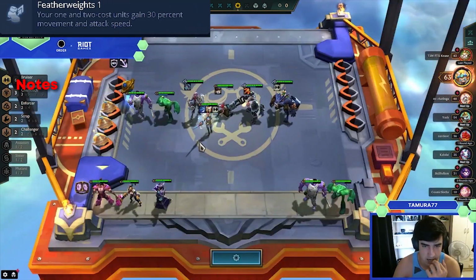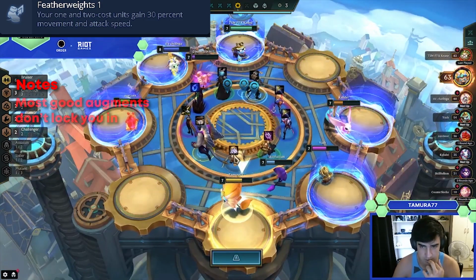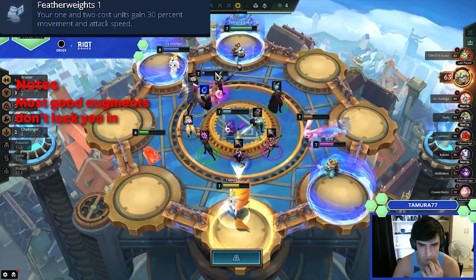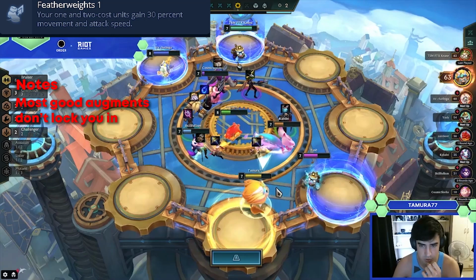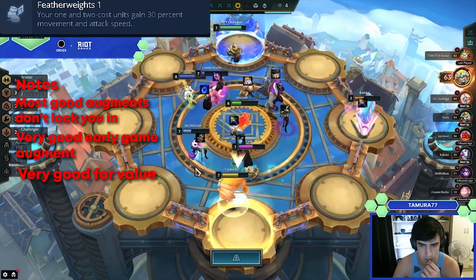Featherweights is another great augment for streaking. You'll notice a pattern here where these augments don't actually lock you into reroll comps, but regardless of what comp you're deciding to play, Featherweights is extremely good because during the early game you're going to be saving a lot of HP whilst holding on to 1 and 2 cost units, which means not only are you saving HP, but